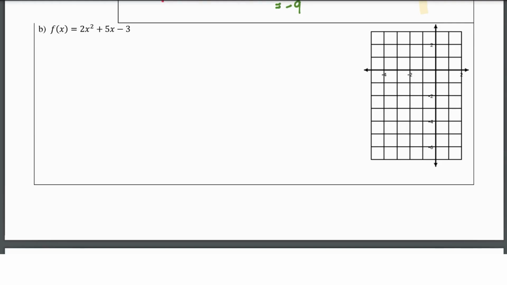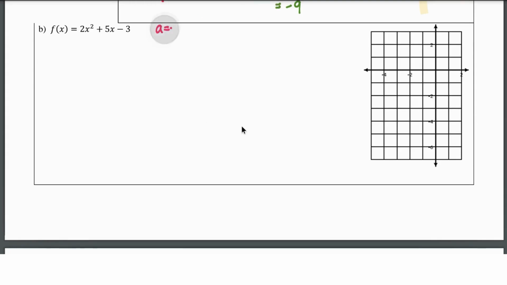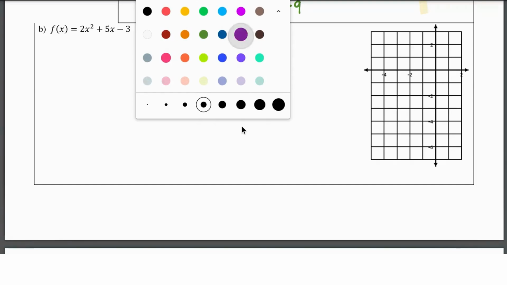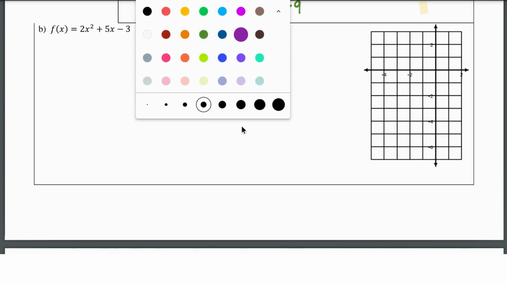We're going to do the same thing for B. So notice that for B, I do not have an A that is a GCF. So this factored form is going to look a little different in that my A value is not apparent from the problem. So I am going to have to find that axis of symmetry and then just graph using those x-intercepts. So from my equation, I can see that A is 2, B is 5, and C is